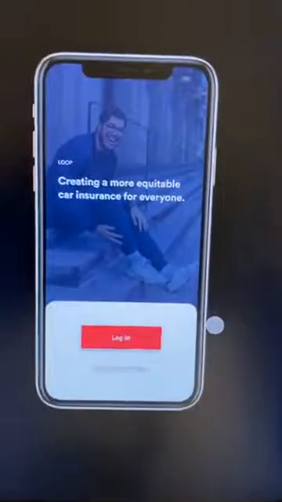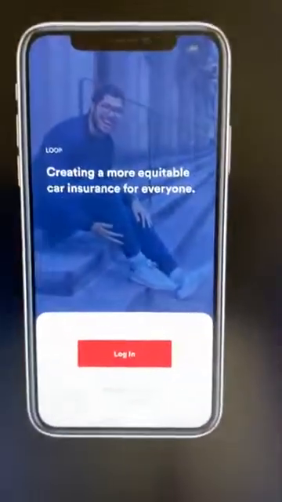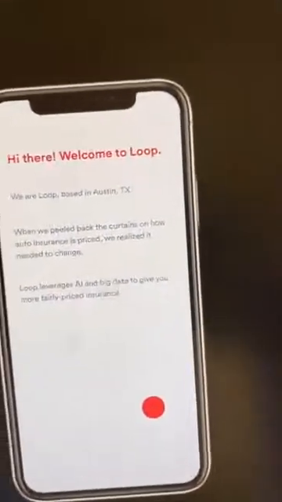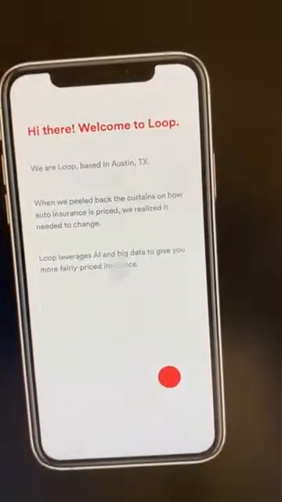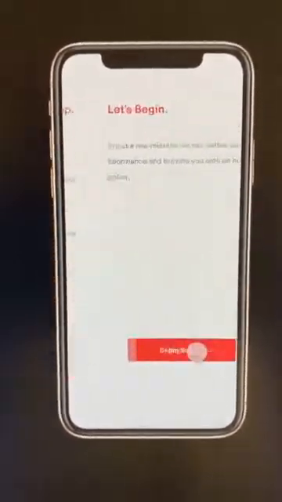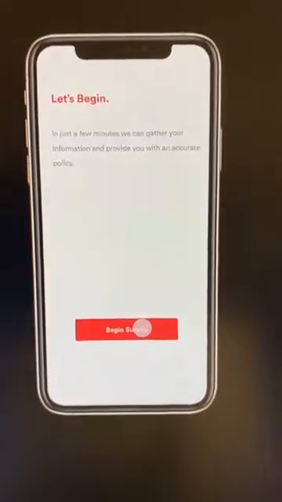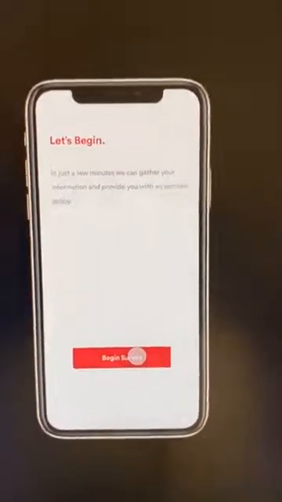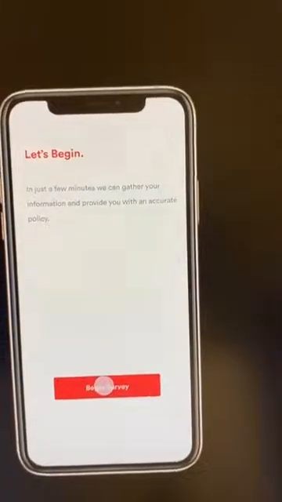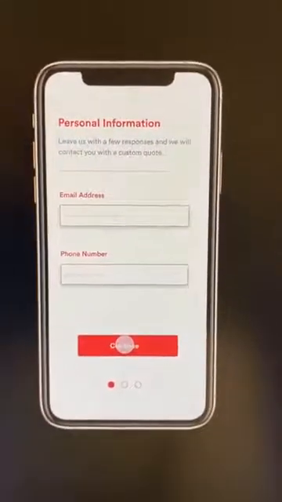If we go and dive into the prototype, here's what we came up with. So if I'm new to Loop, today we worked on a couple of onboarding screens. So hi there, welcome to Loop. We're based in Austin. They're driven around more fairly priced insurance through big data and AI. If we continue, let's begin. There's a quick survey that any sort of app download would go to. Say if I'm a new Loop user and I don't have an account or I don't have an email and password to log in, I want to begin the survey. We're going to collect